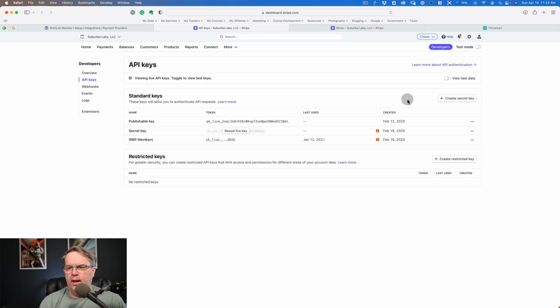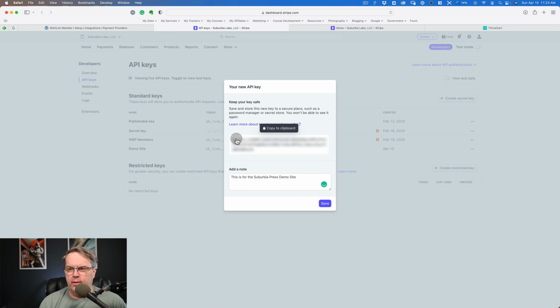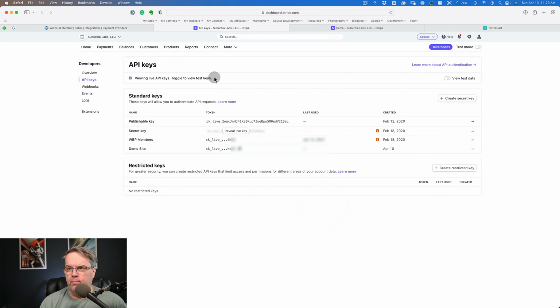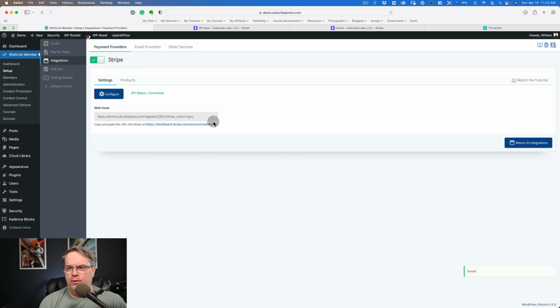The secret key, I like to keep these specific to something that I'm working on, per project. So we can create a new one. Let's say that this one is for demo site. So just click, copy that to the clipboard, and save it. And there we go. Now we've got a webhook that we can use, and we copy this into the Stripe